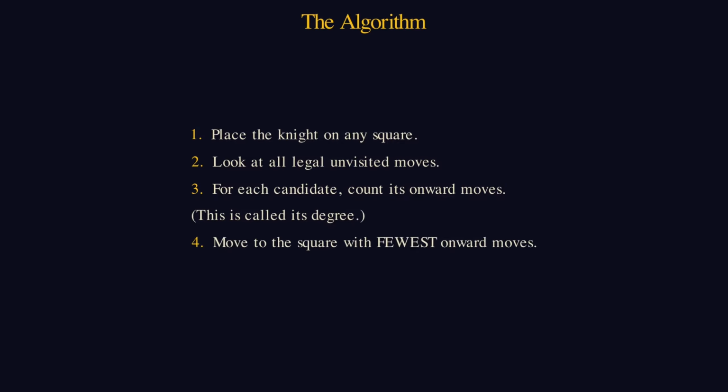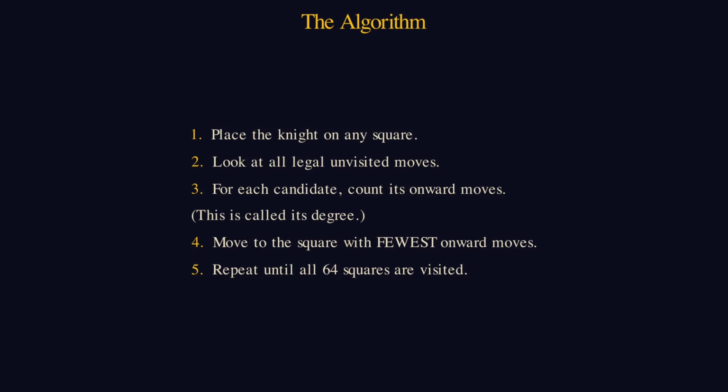Then we always choose to move to the square that has the fewest possible onward moves. In other words, we always pick the move that leaves the knight with the least options for the future. If 2 squares have the same number of onward moves, we can simply choose any of them. We repeat this process step by step until the knight has visited all 64 squares or no more moves are